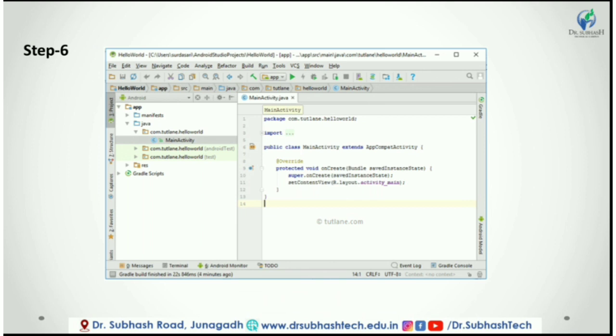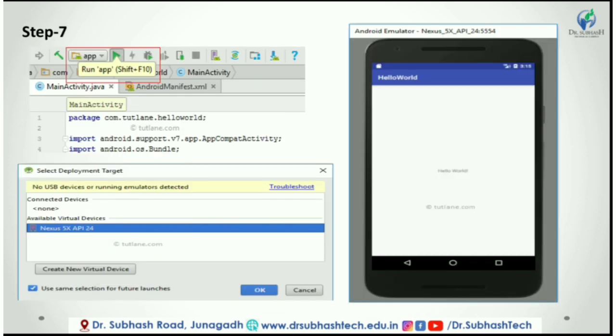To know more, the following are the important files that we need to build our app in Android Studio. But first we learn how to run the Hello World app. To run an Android application, we need to click on the run button or press Shift plus F10 like as shown below. After clicking on the play button, a new window will open.